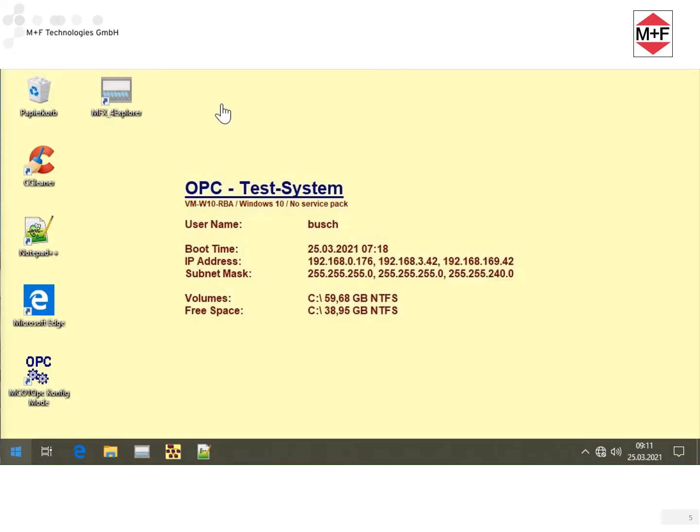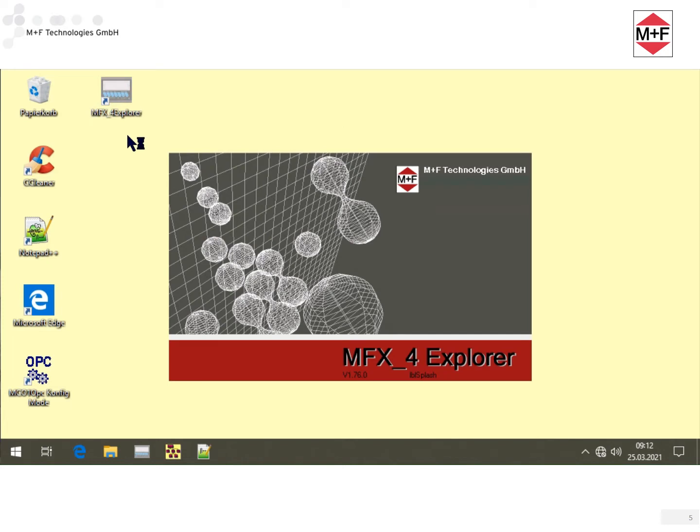You should now see the MFX4 Explorer icon on your screen. Open the Explorer with a double click. The start message of the MFX4 Explorer appears.